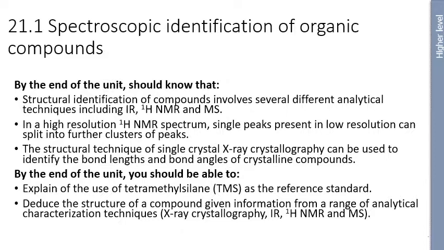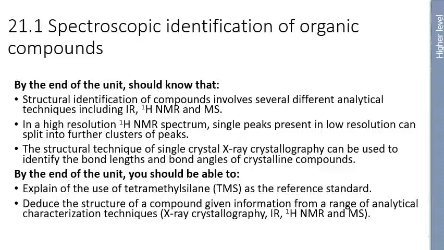Welcome to the HL component of spectroscopy. In the SL topic, we discussed a number of key analytical techniques used to identify the structure of an organic compound, and the structural identification of compounds usually involves a combination of different techniques, in particular infrared, proton NMR, and mass spectroscopy. So by the end of the unit, you should be able to identify compounds using these techniques,